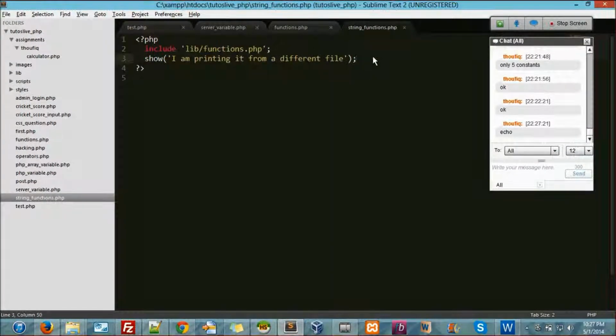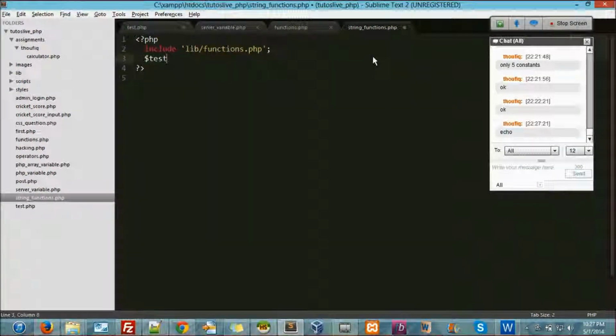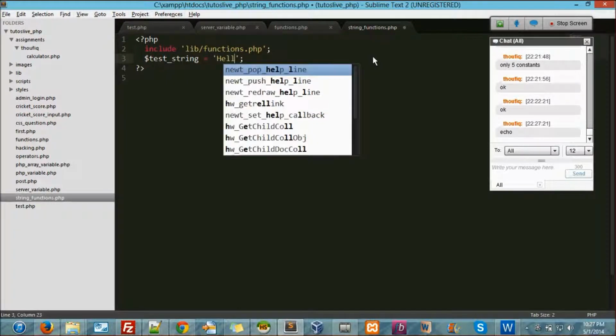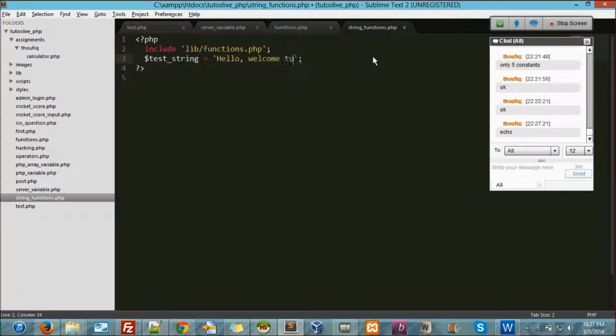So here I'll declare a string, dollar test string equal to hello, welcome to Tutos Live.